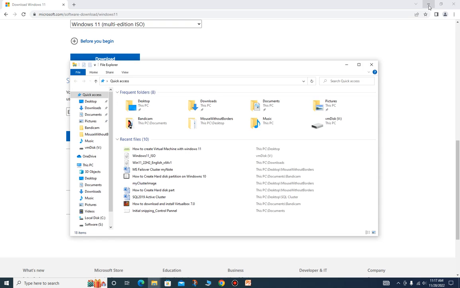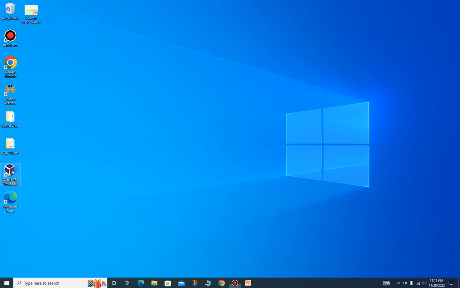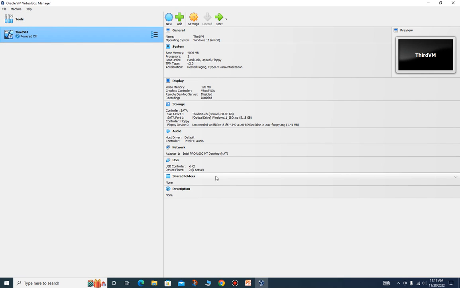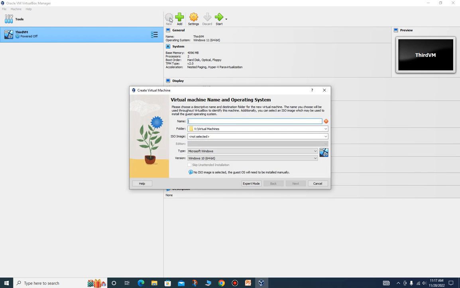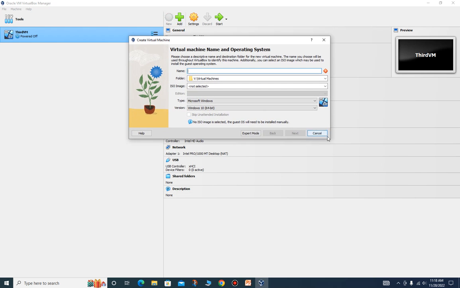So let's go to our VirtualBox. When you open VirtualBox, it will show this kind of interface. From here, you need to go to New, and let me make it a little bit bigger, or this size is good. So let's create the virtual machine here. You can give any name you want. I'll give it first VM,